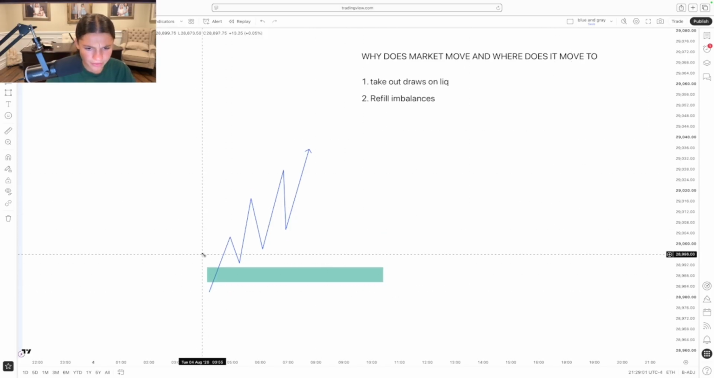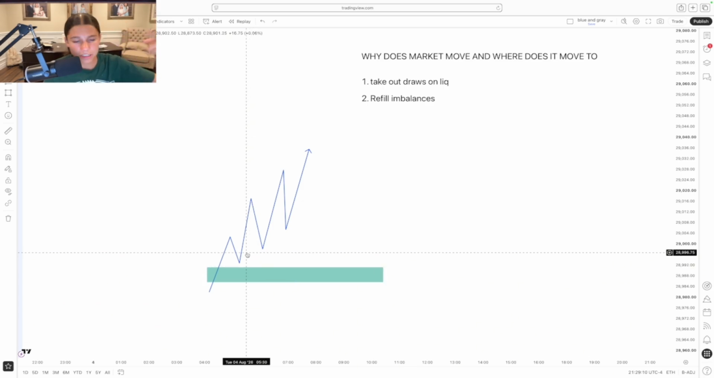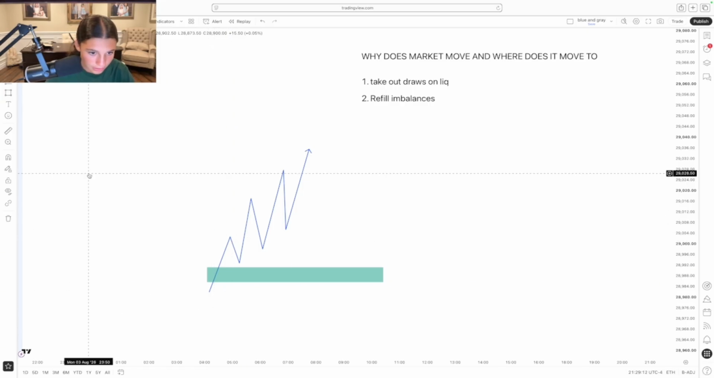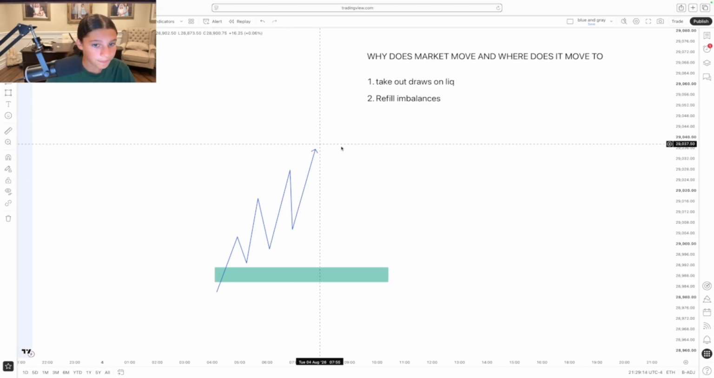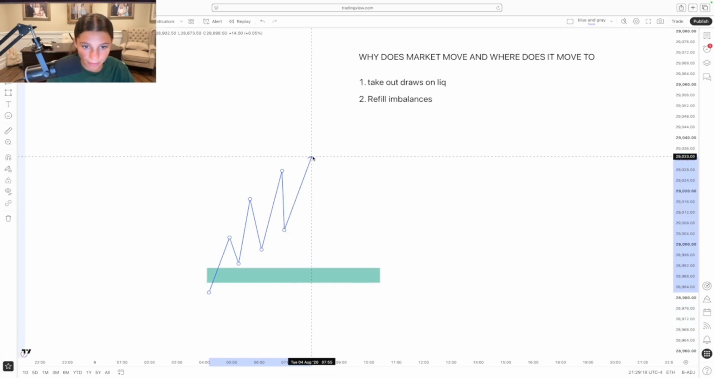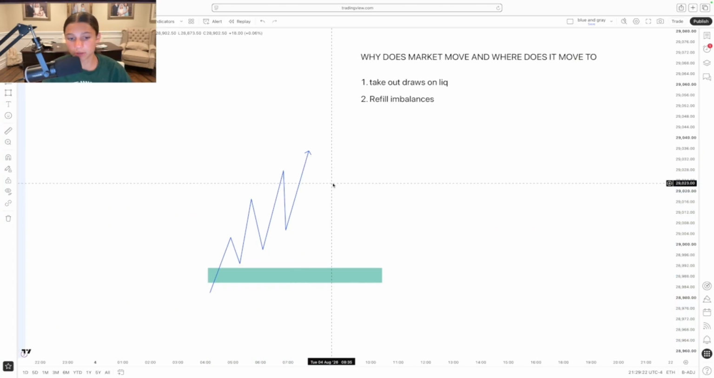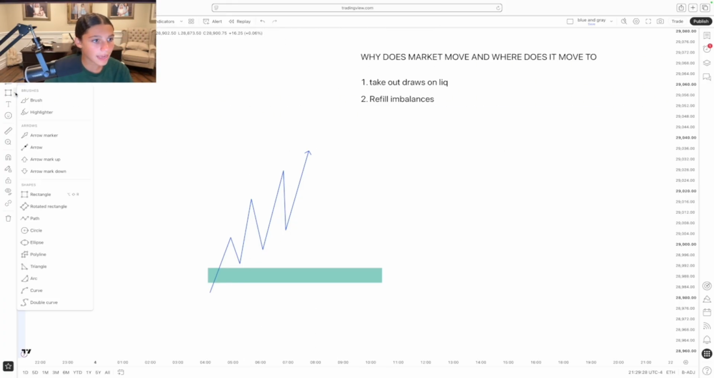So let's just say we have this fair value gap here, right? Price has been going up for, let's just say, all day. Like in the London session it went up, and Asia session, and then London session it went up, right? So we're going up. But New York session obviously wants to sweep this, but before you take a trade, you need to know where price wants to go. So, right, this is one example. This is refilling imbalances. So let's just say price can still go up from this point, but let's just say